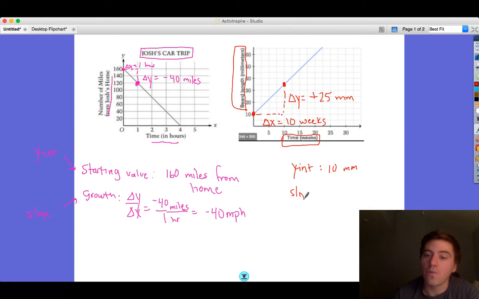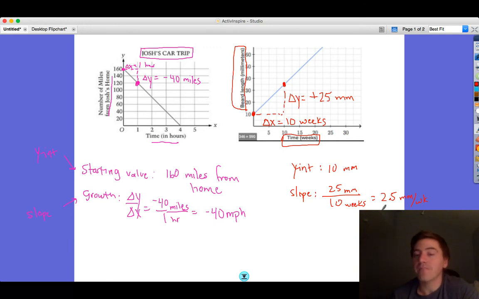So the slope is 25 millimeters in 10 weeks. When we divide that, that's 2.5 millimeters per week. I've told you before that I like fractions, so if you want to keep it that way, that's fine too. So your final answer would be